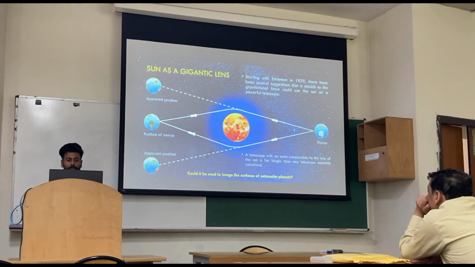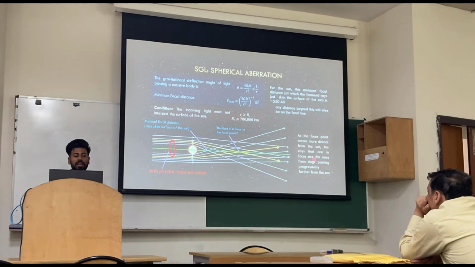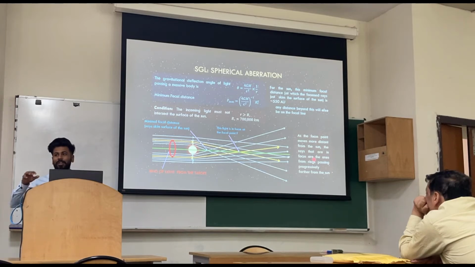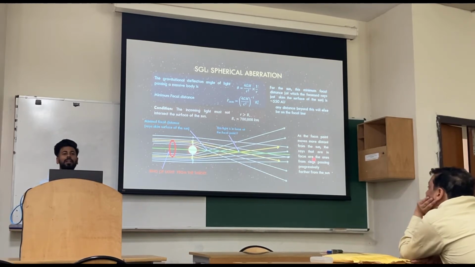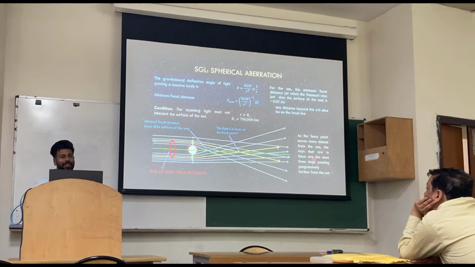So to move further, let's discuss the solar gravitational lens and its spherical aberration. At this stage, we have all studied how to remove spherical aberration. Can anybody give me some idea? How can I remove spherical aberration here? Actually, I asked you the wrong question. We do not need to remove the spherical aberration here, because spherical aberration is not a villain in our story. It is actually pleasant. Let's see how.